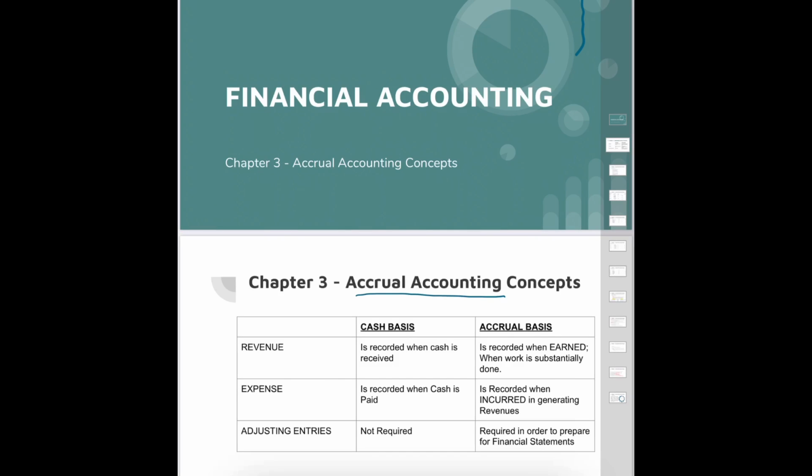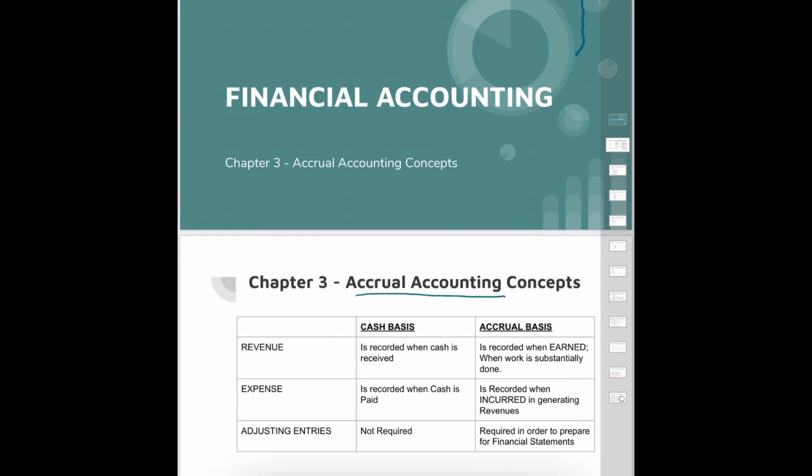The revenue are recognized when the services are performed, even if the cash was not received. And the expenses are recorded or recognized when incurred, even if the cash was not paid. So the accrual accounting is actually based on the matching principle. Let's review what the matching principle means. Matching principle requires that the companies match expenses with revenues in the period when the company makes an effort to